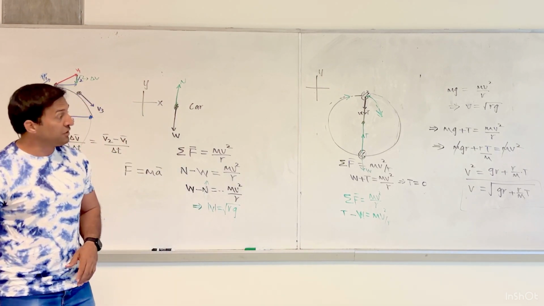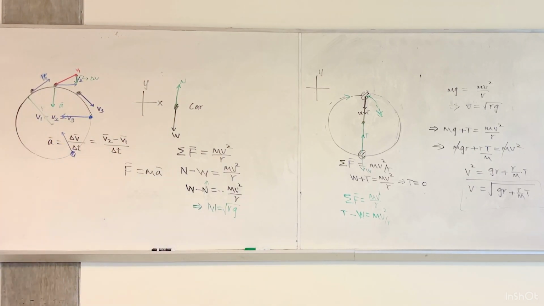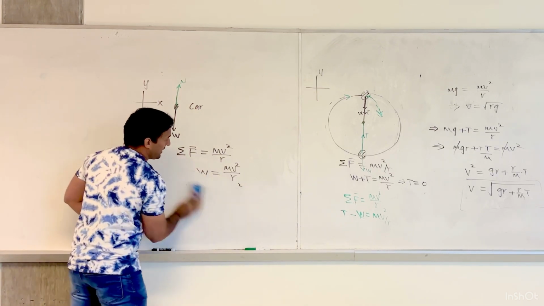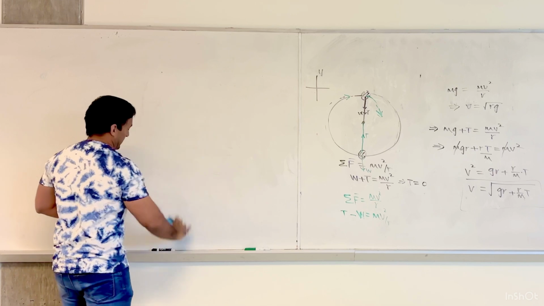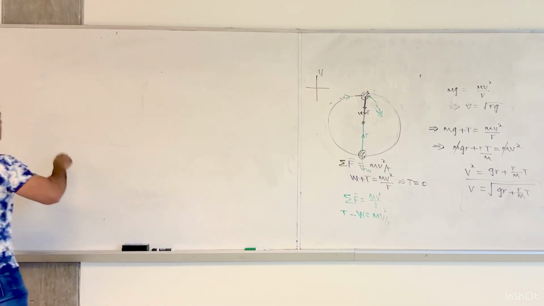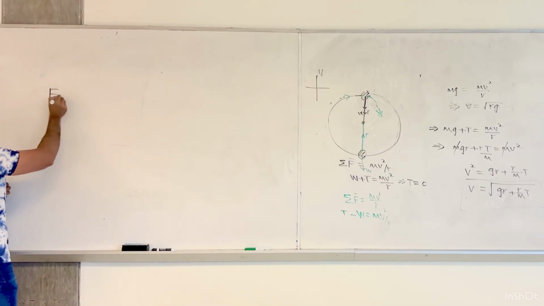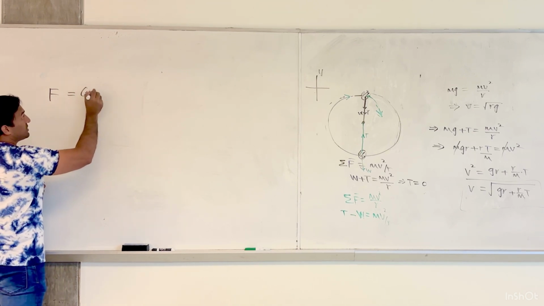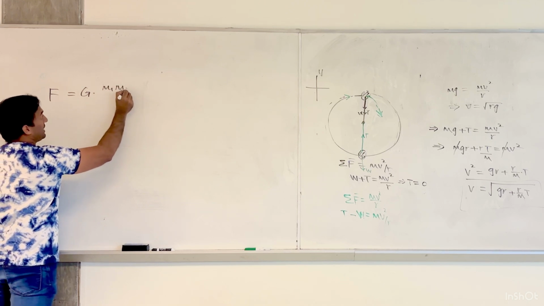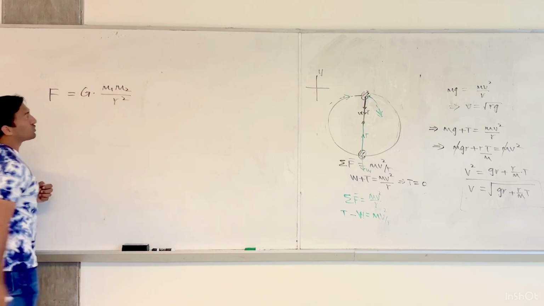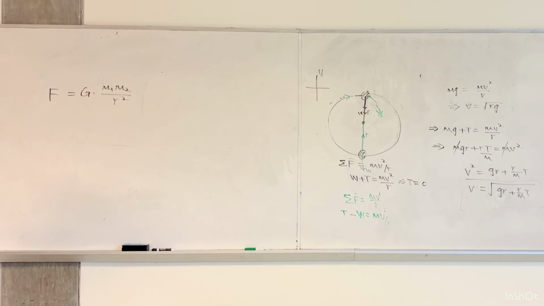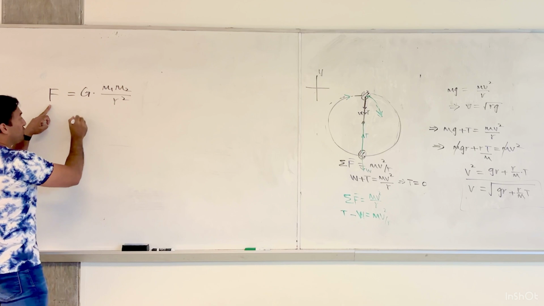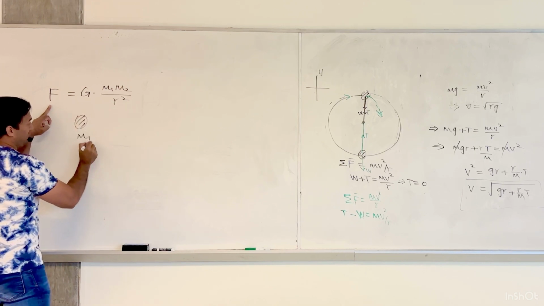So the general formula for that one is: the force that two objects exert on each other is some constant factor G times the mass of the first object, times the mass of the second object, divided by the square of the distance between those two objects. This formula tells us that if you have two objects, let's say the first mass m1